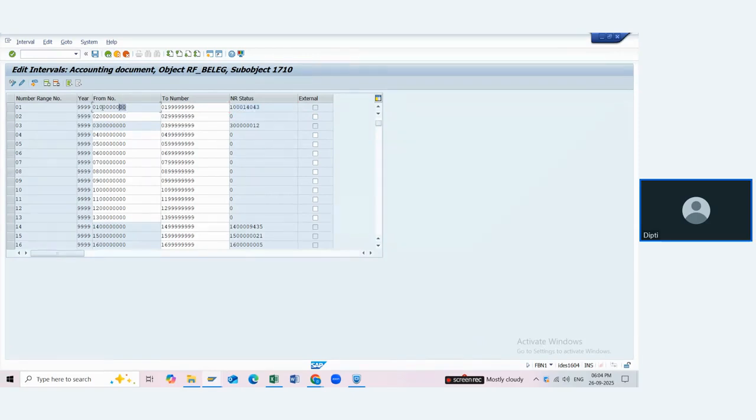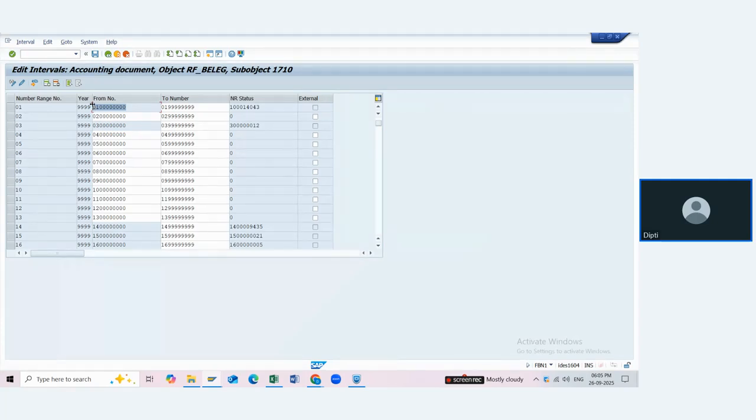Okay, and instead of 9999, what we suggest in SAP is that your number always gets stored in SAP with, for example, 0100. Then the same number can be repeated every year with a year specific number range. So what will happen, see, within one year this number range will never get over, but some year or the other it will get over. Then once the data is already updated with a number, again you cannot have the same number. So it will be a problem with the same number. So what SAP suggests is to have the number and then make it year specific. So I may have this same number for every year, but in the year 2024 this document number with fiscal year 2024 may have an amount of 500 rupees.